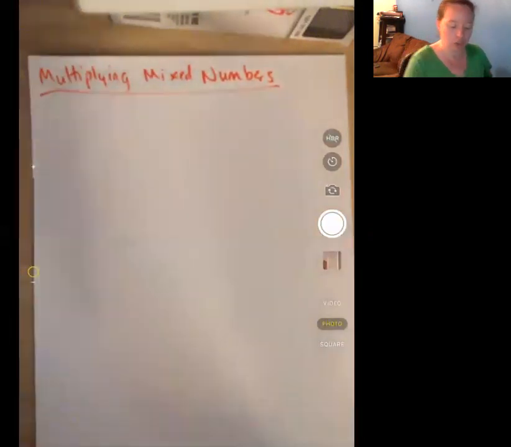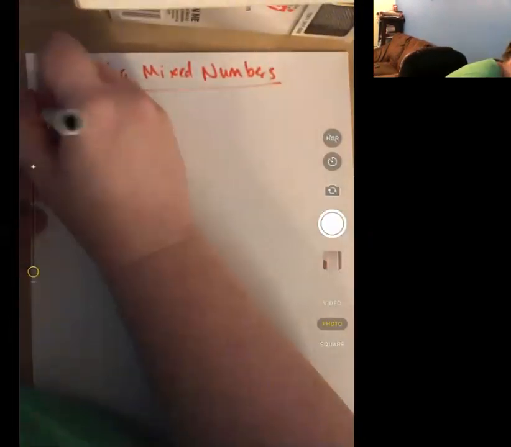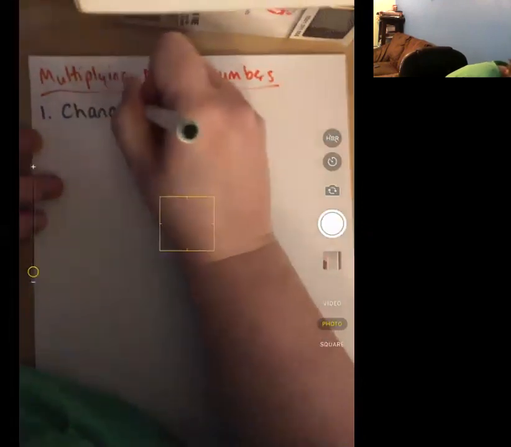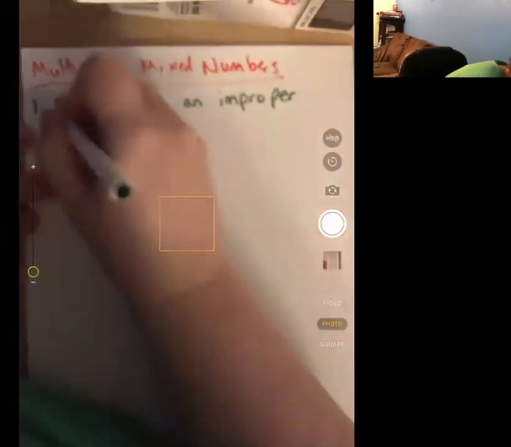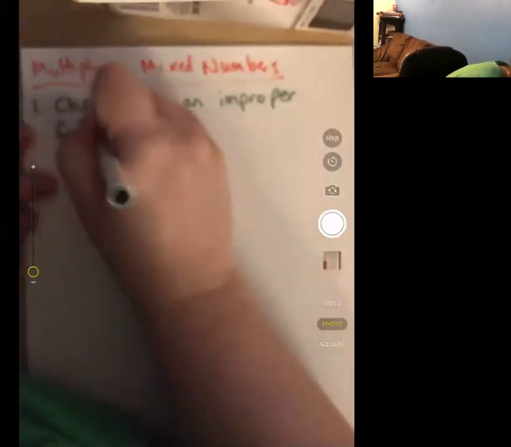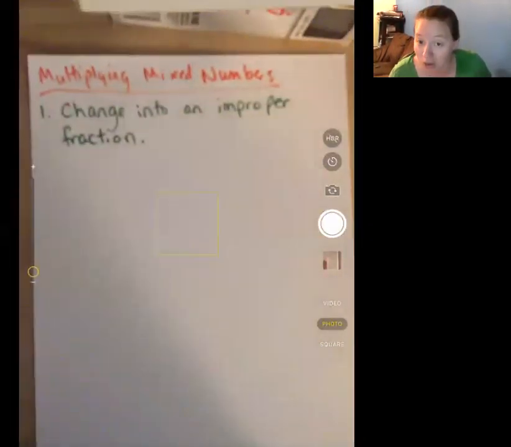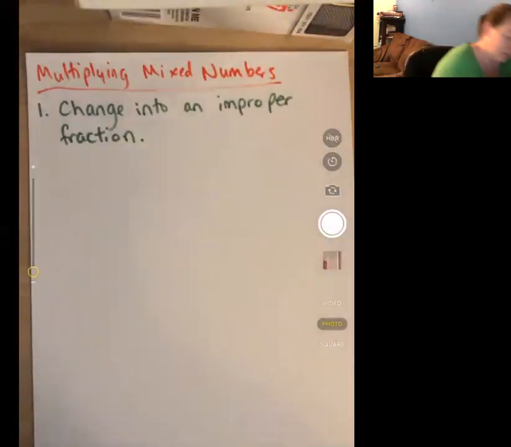You have to change a mixed number into an improper fraction. If you do not remember how to do it, there is a video on how to do it which explains it in great detail. I suggest that you go look at it because I'm going to be going through it very quickly. Number 2